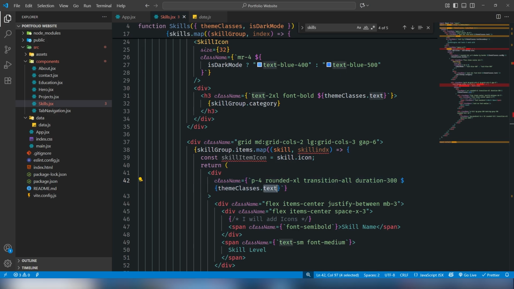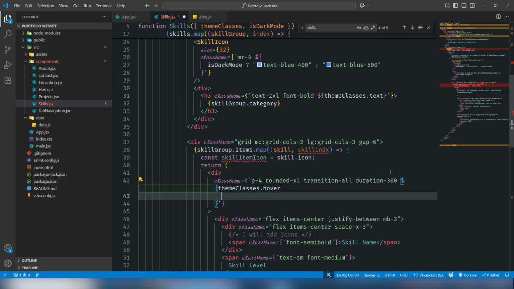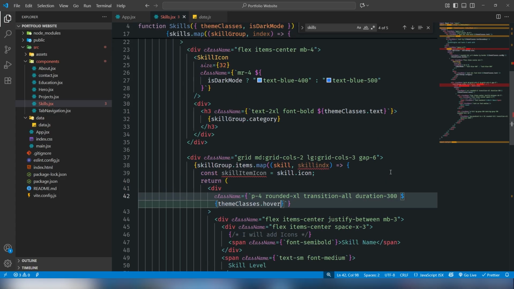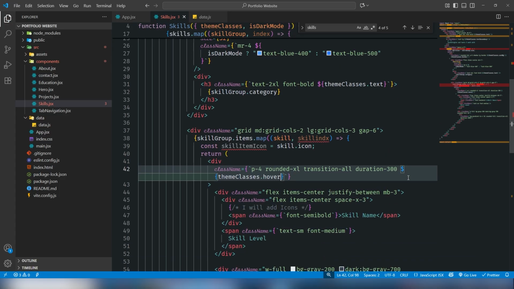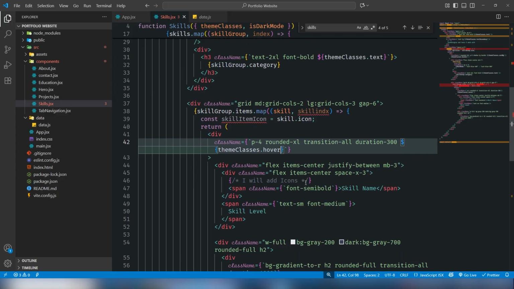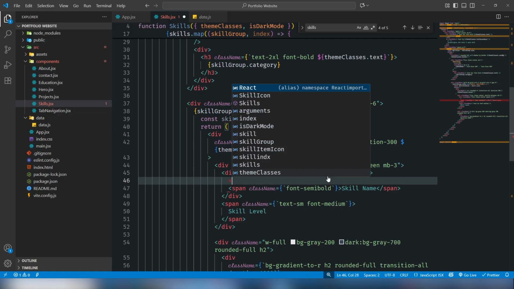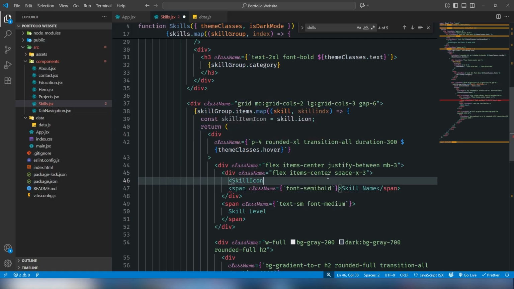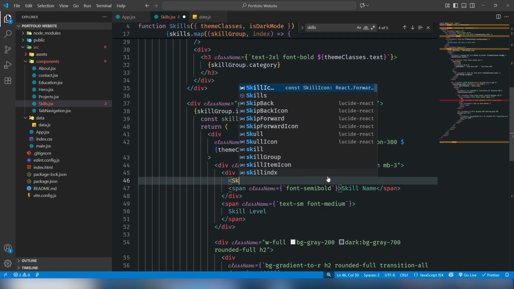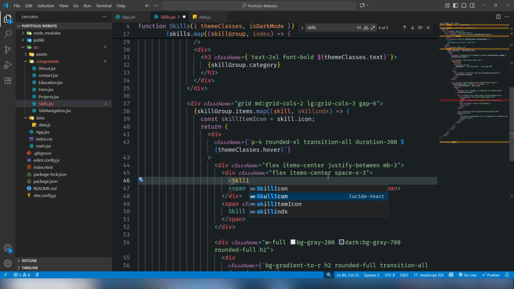Just change the theme class to hover, for when I have the mouse on there, like this. And the next one, I will add the icon there, skillItemIcon, like this. Size should be 20,